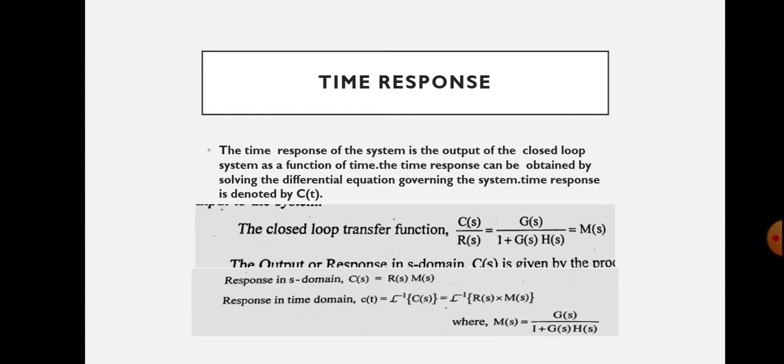So for the closed loop system, the transfer function will be C of S by R of S, that is equal to G of S divided by 1 plus G of S into H of S. Let that quantity be M of S. So this gives the transfer function in S domain, and the corresponding response, that is output in S domain, is C of S. And we can write the C of S by multiplying the input R of S with the loop gain, that is C of S will be equal to R of S into M of S,